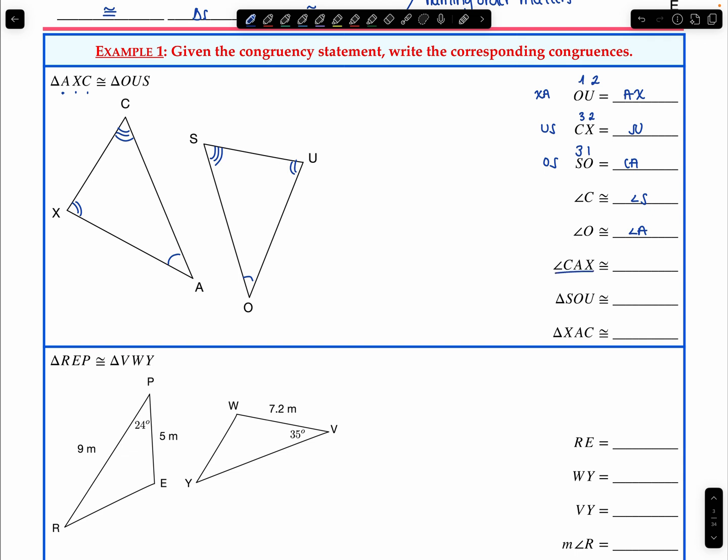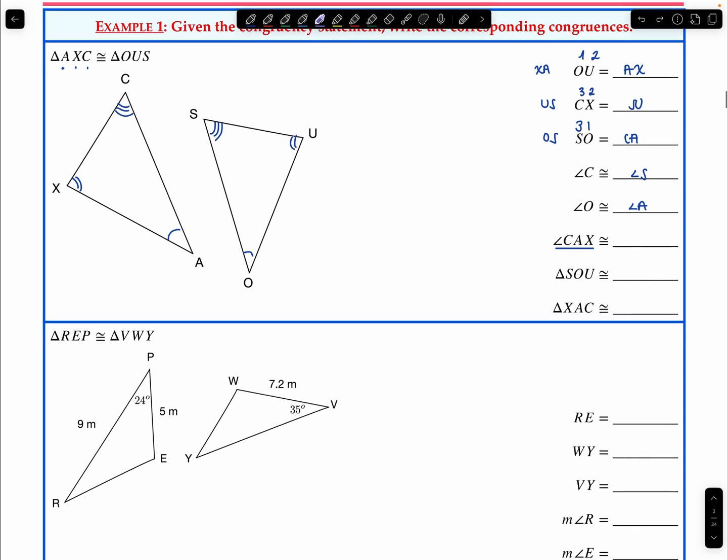And then we get to this one here where we name it with CAX. So CAX, if we trace out the order, is CAX, CAX, CAX. It's going to be this angle, this corner here at A. And so angle CAX, if we want to be brief about it, corresponds to angle O. Right? CAX is this corner here. It has one wedge, and so it corresponds to O here, which has one wedge. That said, I prefer if you name it with the correct numbers. So CAX is 3, 1, 2. And so I super prefer if you name it as angle